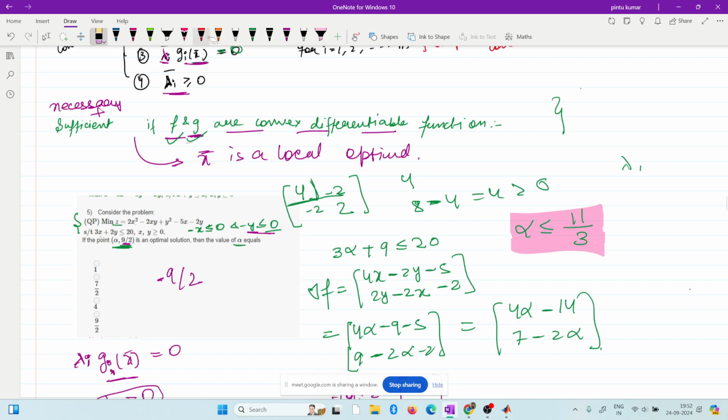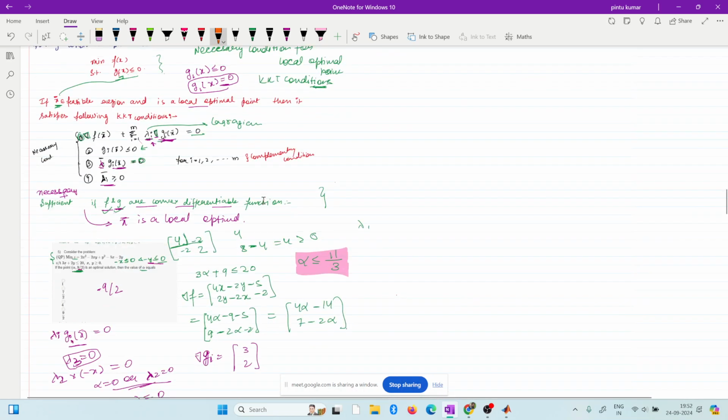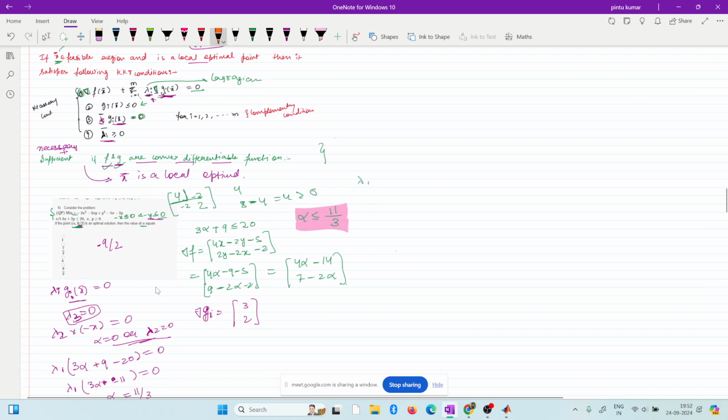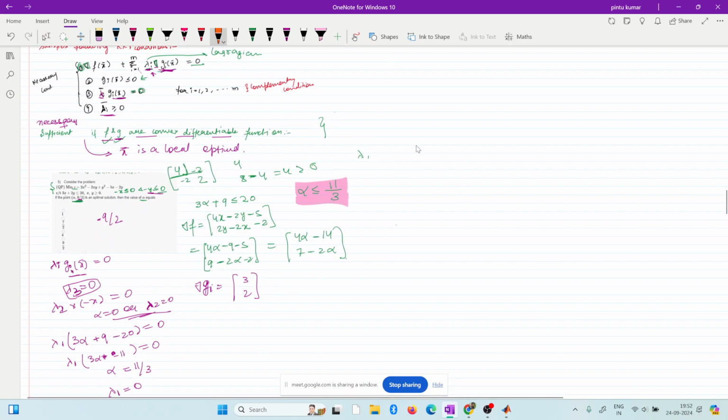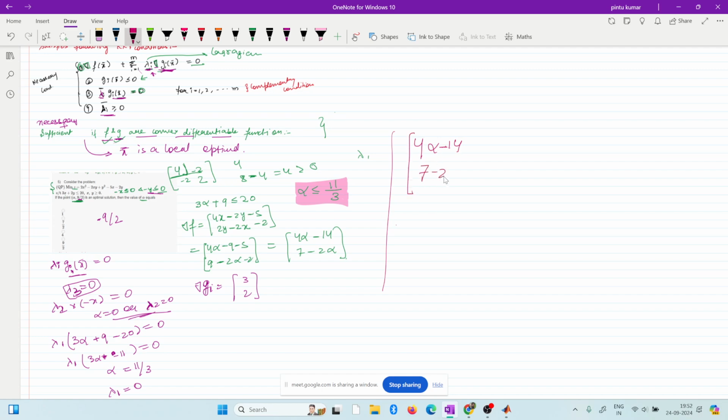Okay. So now let's just try to put it in the first equation and see if we get something. Let me use this. So we have the gradient of f at this point. This is 4 alpha minus 14, right? And 7 minus 2 alpha